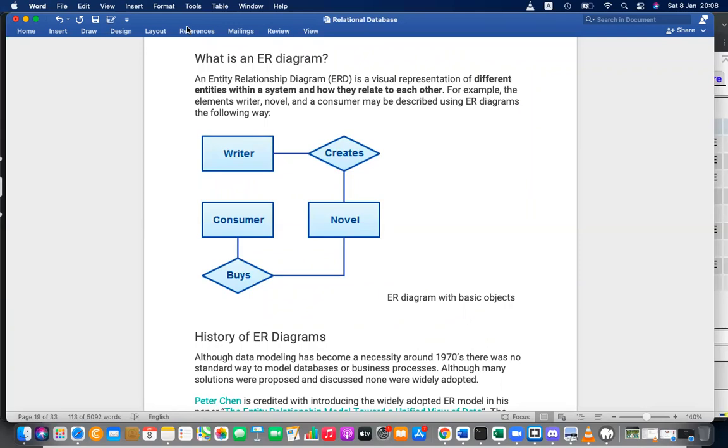Therefore we had clear symbols. Hope you can remember: input, process, decision, start, stop, data flow. Those are some symbols used in flowcharts.